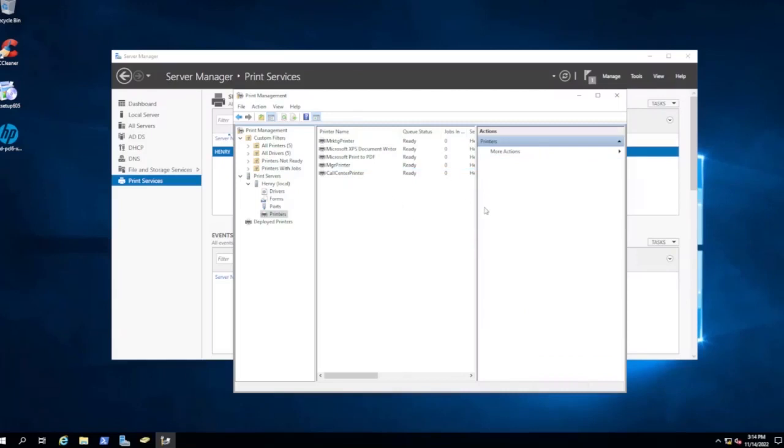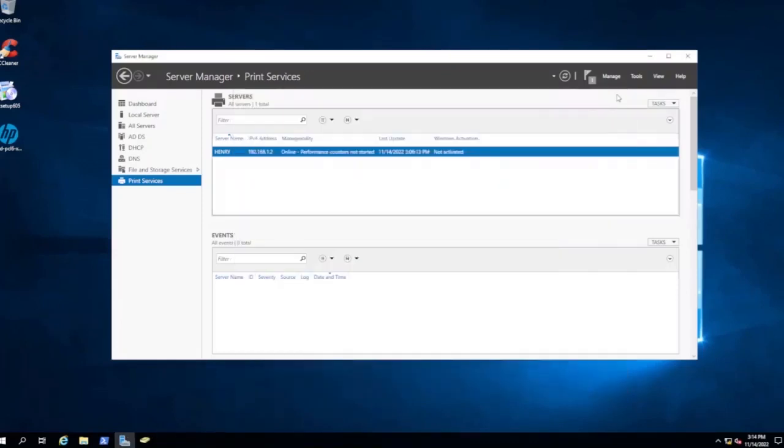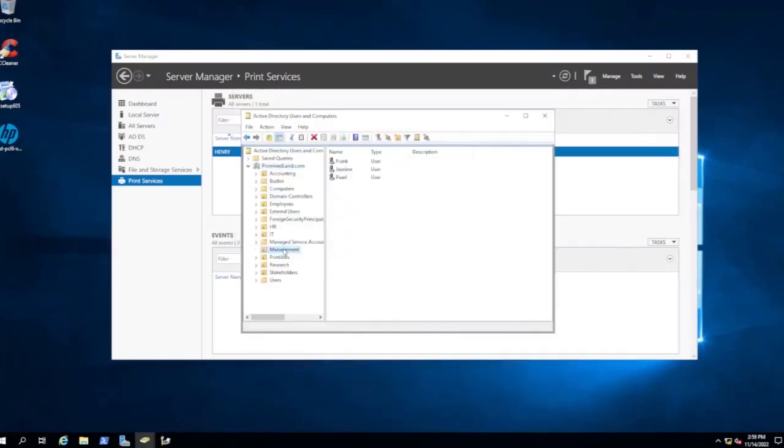Okay guys, as you can see, I've installed the 3 printers: the marketers printer, the manager printer, and the call center printer. Okay. Okay guys, now we'll come to